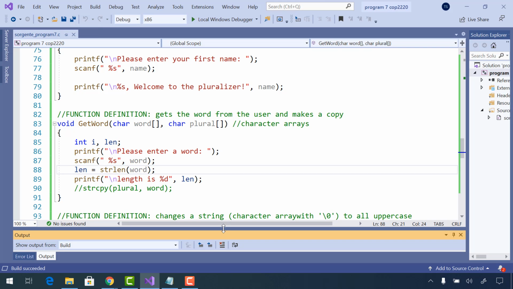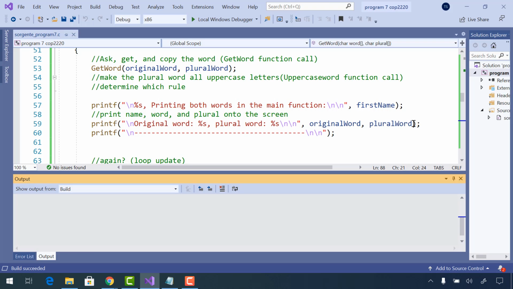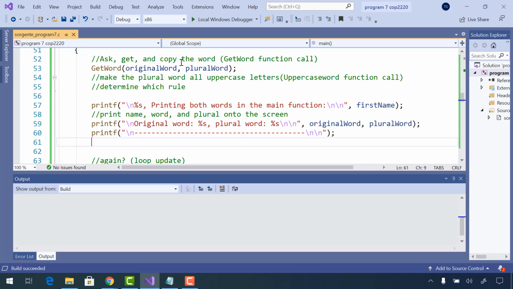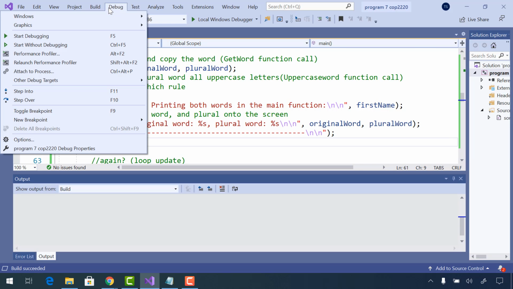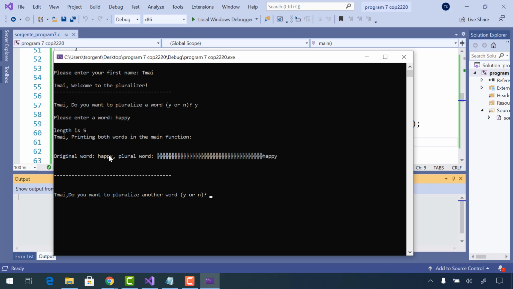We're probably going to have an issue here, and actually that's a good idea that I did this, because we're going to have an issue when we try to print plural word, because plural word doesn't have anything in it. It's an empty array. So let's see what happens. Okay, yes, so my word is happy, so it should be happy 5. The length is 5. Now if you notice here, it printed my original word happy, but when it tried to print the original word, it couldn't print the original word because,